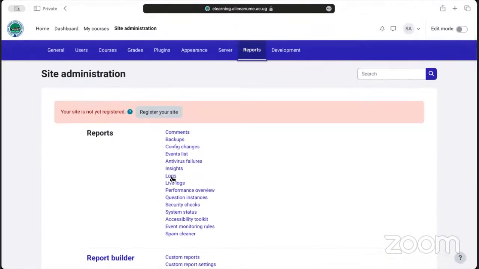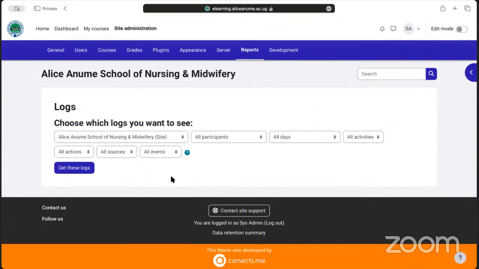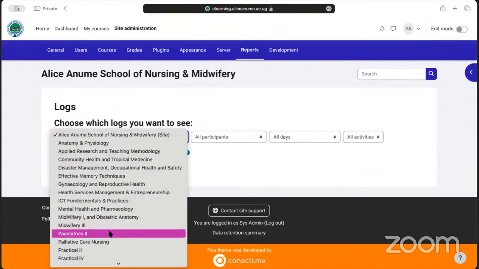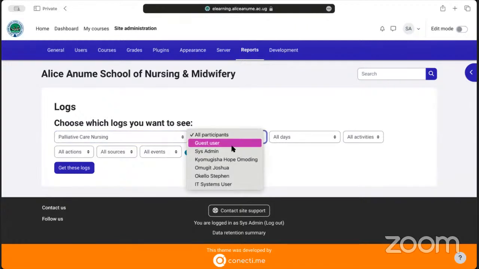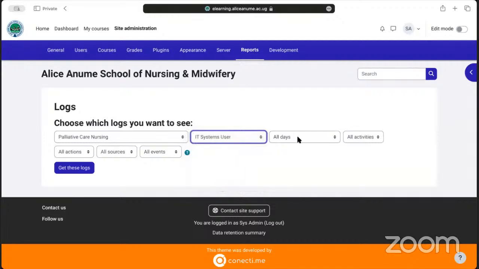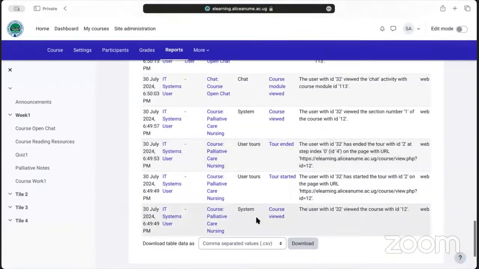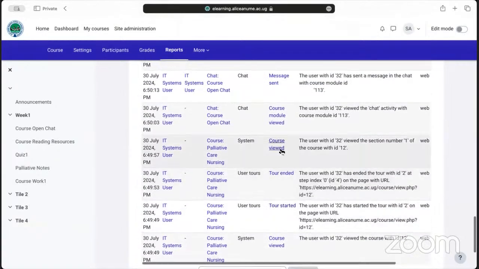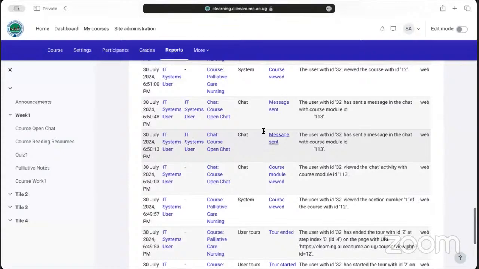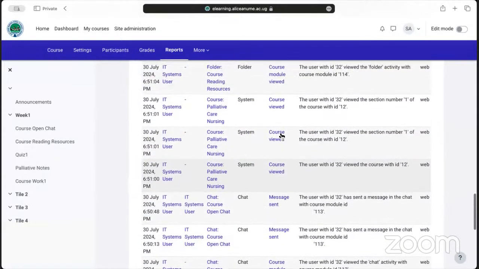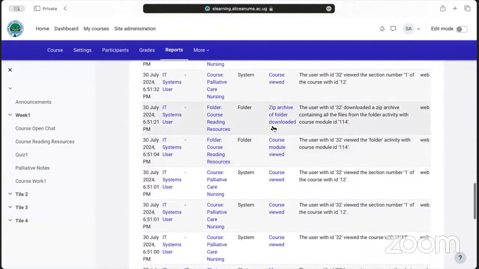number one, you can first see the logs. And you want to see what people are doing in a course called palliative care. And the participants who are there, you see what did this person do today, and you get those logs. There's a lot this person did. He viewed the course, ended the tour, viewed the course. He sent a message in the chat